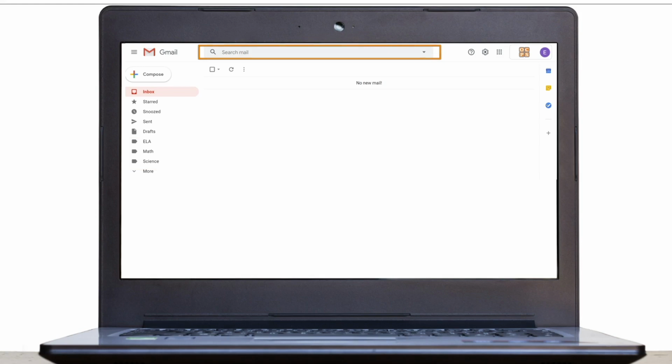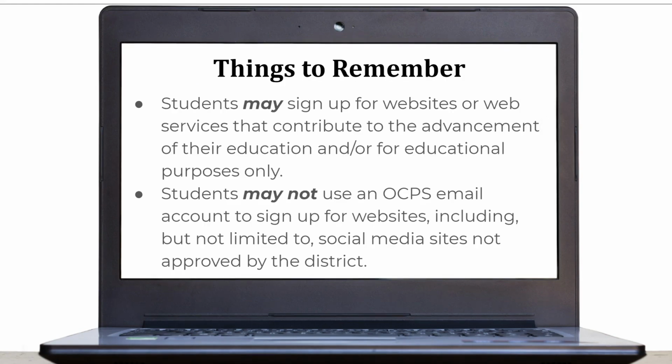Students can search their mail at the top using the search bar, and they can click on the gear to get to their settings. Important settings include setting up your signature, adding a photo to your account, and setting an away message. Your students also have the ability to quickly add information from their Gmail account to a to-do list, Google Keep, or Google Calendar to help them keep everything straight.